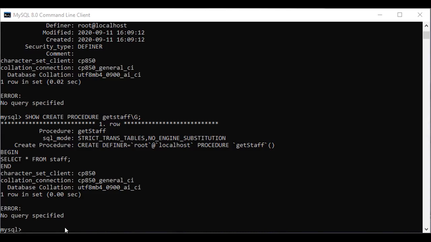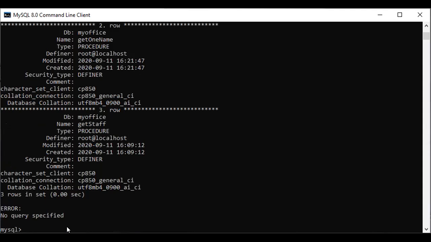So to see all the procedures which were created in a particular database: show procedure status where database equal to, my database name is my office, put in quotes, remaining same.